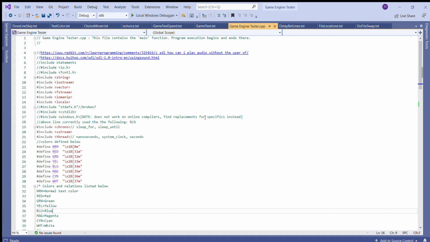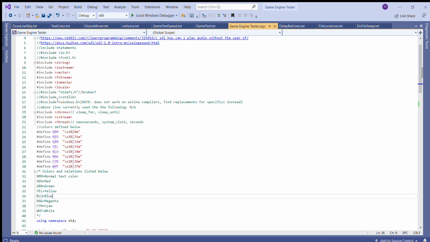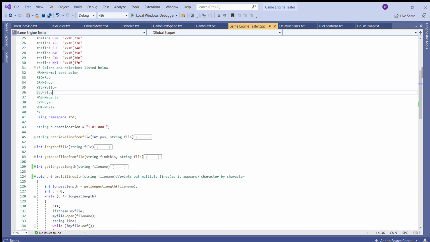But anyway, let's get into what we're doing this week. What I made this week. Sorry. So, no new inclusions. And as before, we've done retrieve line from file, the length of file, get position of